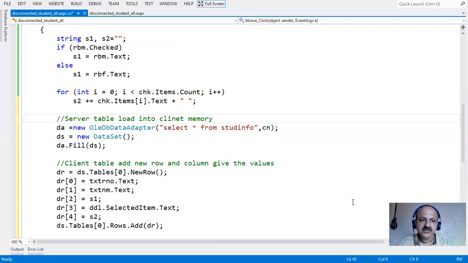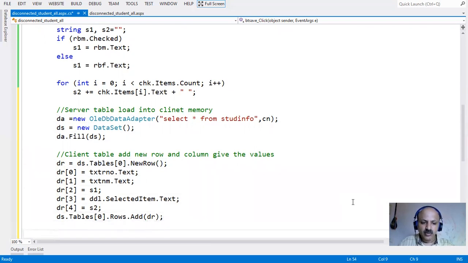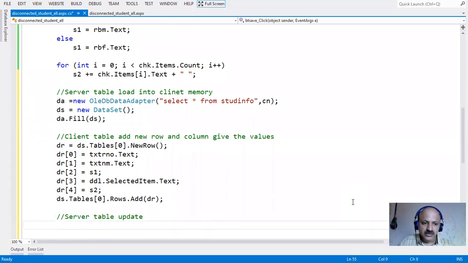So first step, server table load into client memory, that is 3 lines, then client table add new row and column giving the value, and add, that is adding. Now that is complete, and now here server table update, that is 2 lines, or validation also. So here the command builder class is used to update our server, and on behalf of our, that writes the insert query.